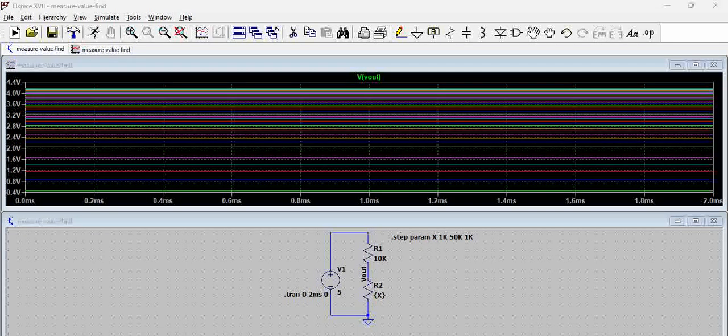Hello all, in this video we will see how to use the measure directive in LTspice. To use it, first of all you need some test condition, right? So what we are going to do here is take the voltage divider which we talked about in the previous video,